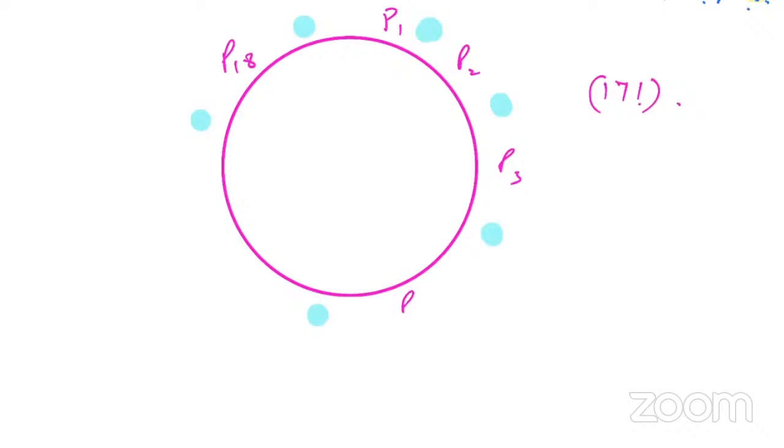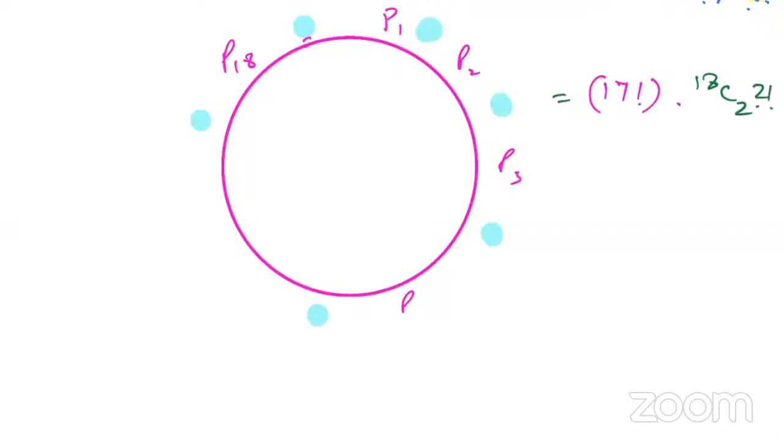Now A and B are there, right? A and B, how many positions are there where these 2 people A and B can sit? So in a circle, if 18 people are sitting, they are getting 18 gaps. Out of these 18 gaps, they will find 2 of them, 18C2, and they can arrange themselves by factorial 2 ways,